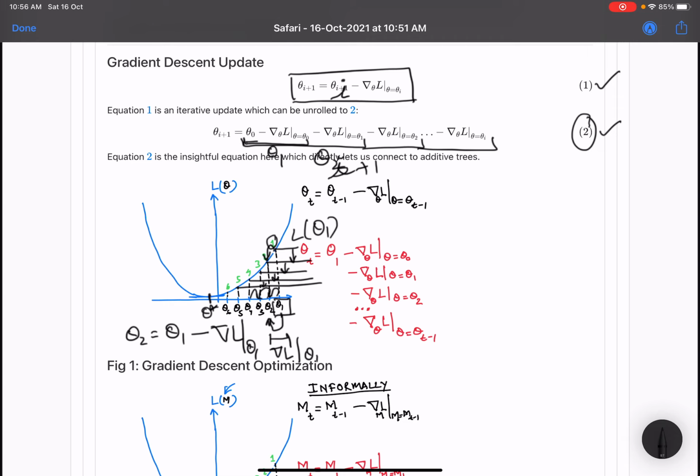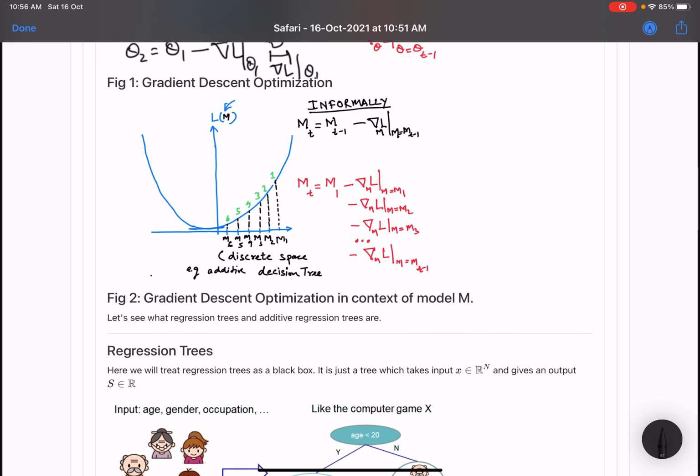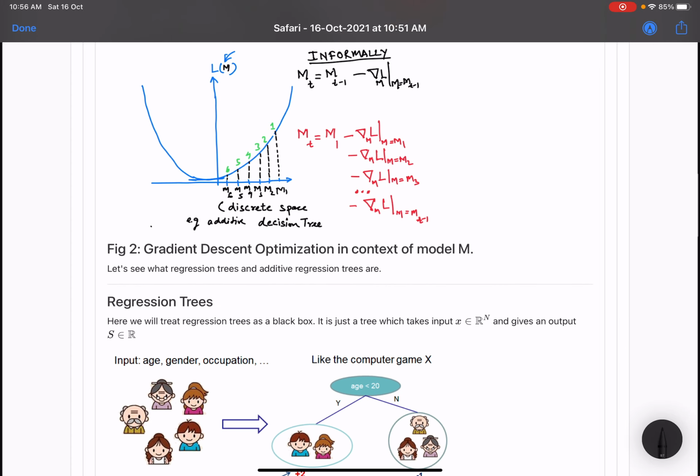So we have seen gradient descent with respect to thetas, and it can also be seen as a kind of a general model. We start from some model M1, and we evolve the model M1 so that the new model M2 reduces the loss, right? So this is our goal, but we have no clue how we can move from M1 to M2 because we have not yet seen what these M's are. We don't even know whether subtraction is possible. So that is why I've called it informal here.